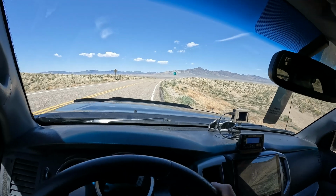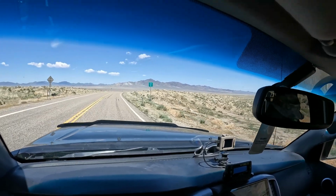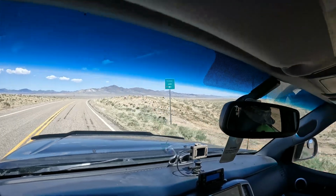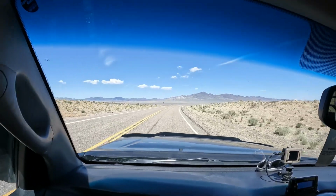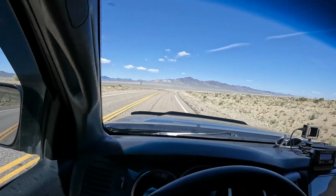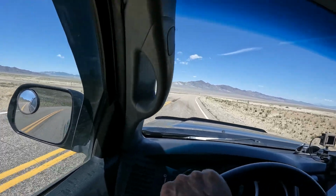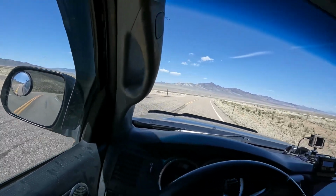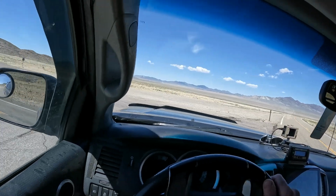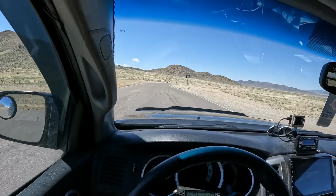I haven't been in here for a while. There's a sign. This is the eastern gate to the Tonopah test range. It actually goes through the real S4, Site 4. Not Lazar's nonsense, but